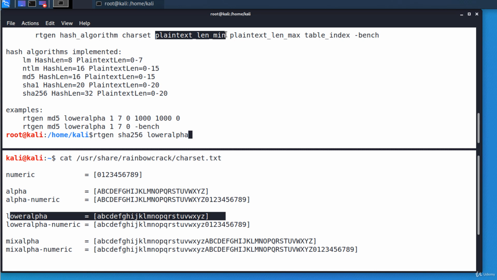Plain text length minimum is the next option and represents the minimum characters in each clear text password. And I write 1. Plain text length maximum is the next option and represents the maximum number of characters in each word for which we'll calculate the hash. I'll write only 3 because I don't want to wait too long to generate the tables, but if you have enough time available, you should choose a larger value. Take care that if you choose a value too large, you'll have to wait days, weeks, or months for the